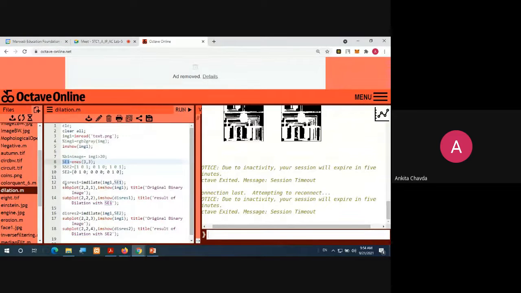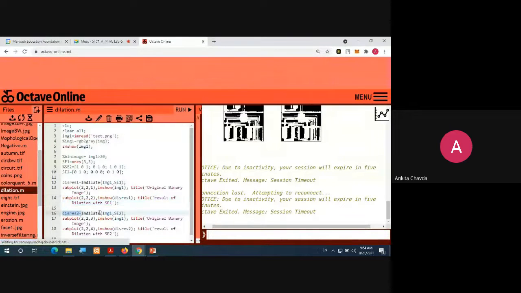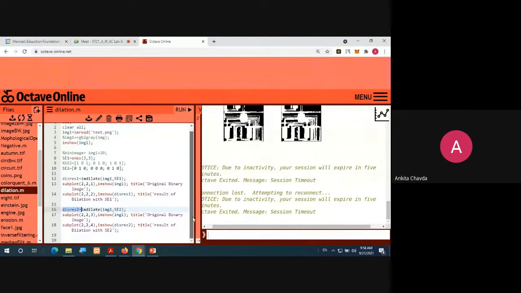Here I'm subplotting the original binary image, and here the result of dilation with SE1. Then I apply dilation again, and this is the result of dilation with structuring element 2. So this is about dilation.